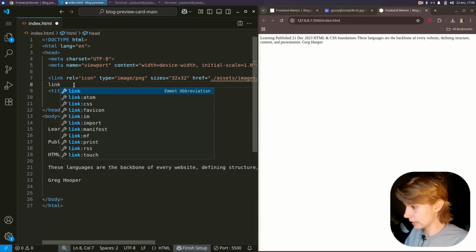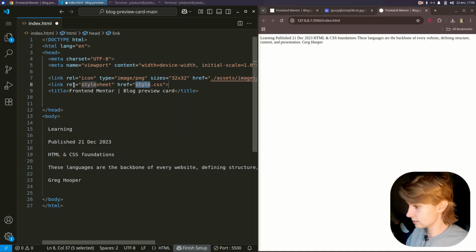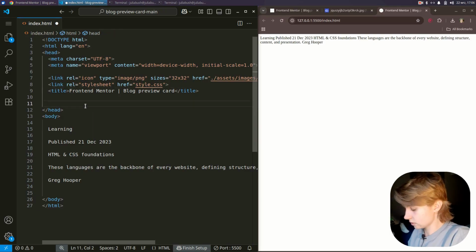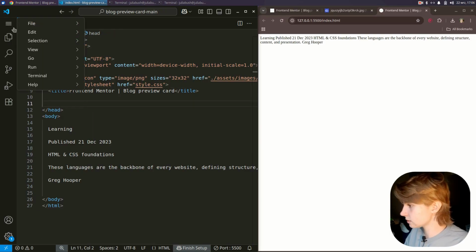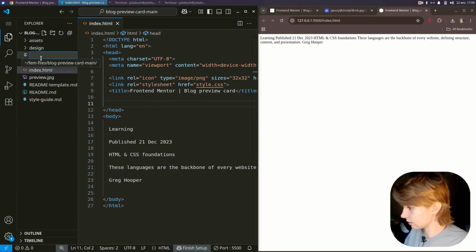Next, I'm going to link a CSS style sheet. I'm using an Emmet abbreviation here, and I'm just using link CSS, and that's going to link a style.css to this. So I'm just going to save that, and I'm going to go here into my files, and I'm going to add another file here,